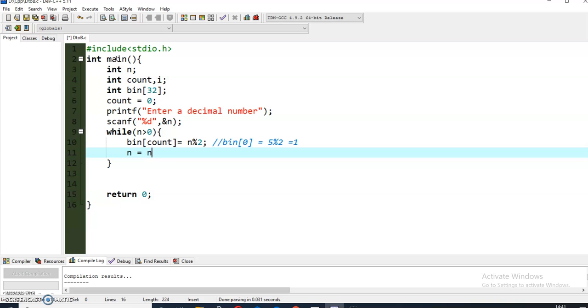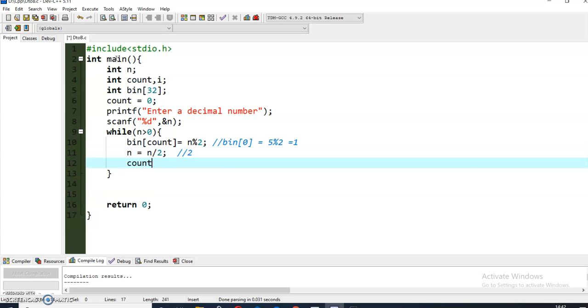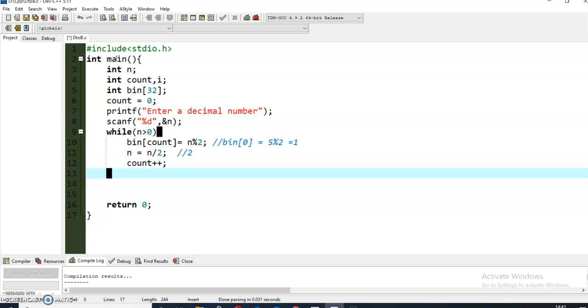So n = n / 2, and I will get the output as 2 because 5 divided by 2 results in 2. So now I will just increment the count variable, count++, that's all.